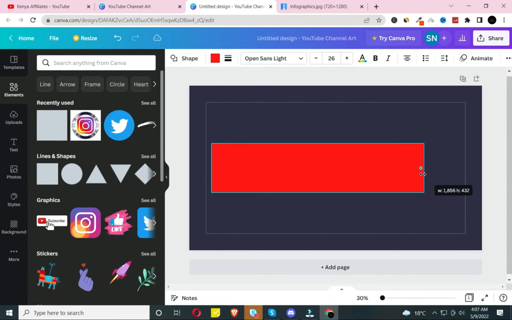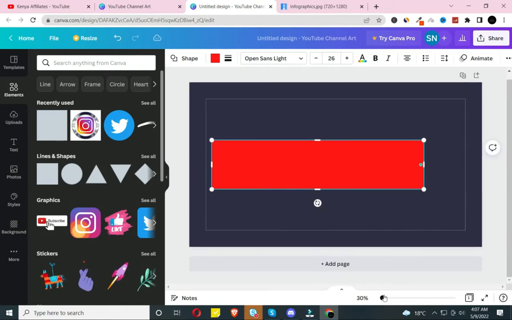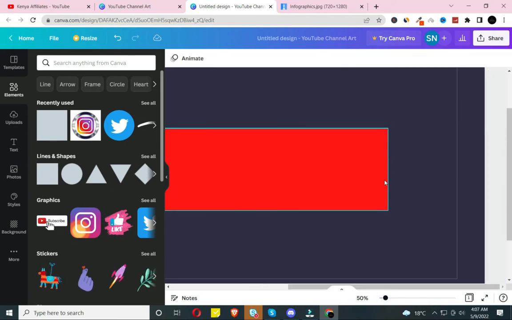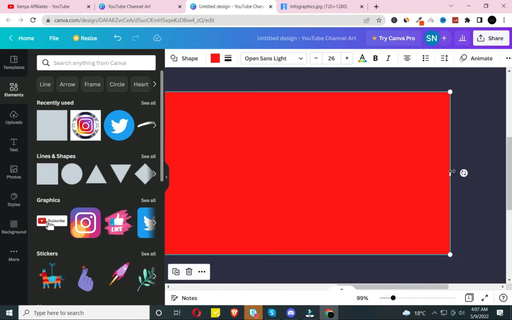If you want to be precise, you can adjust this. You can zoom out, and then click on it and make sure it's 1855. Stretch this on the right and then click on it.